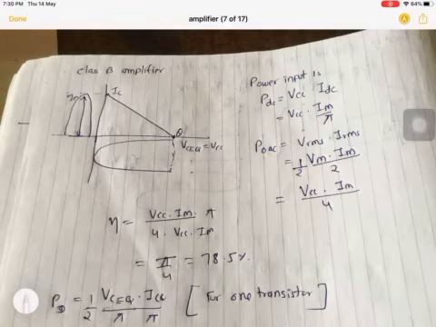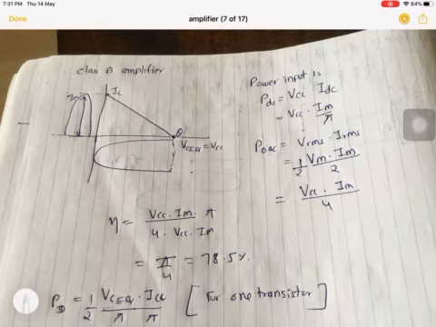One more thing, I have already told you, in this case we are using two transistors. So effectively half the power is coming from one transistor and half the power is coming from the other transistor. So I am taking 1/2 just because it is giving only half power. And this is Vm by 2 root 2 into Im by root 2, that is Vm into Im by 2. So it comes out to be Vm into Im by 4.